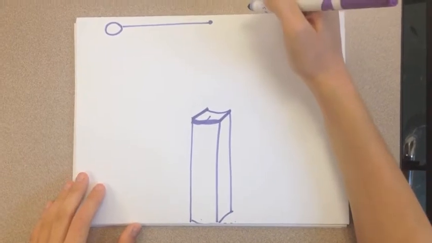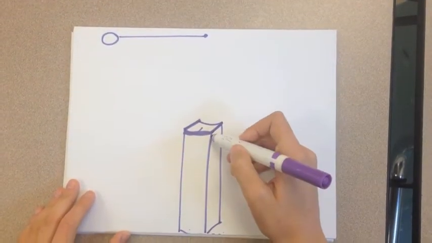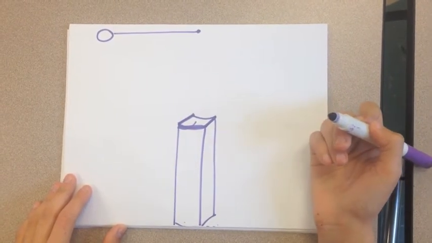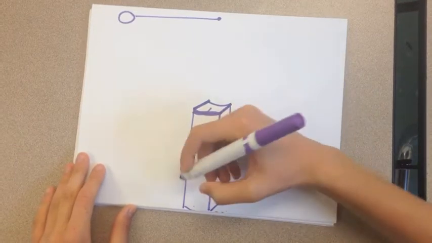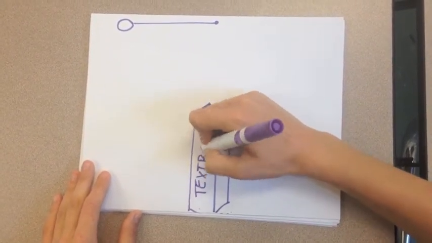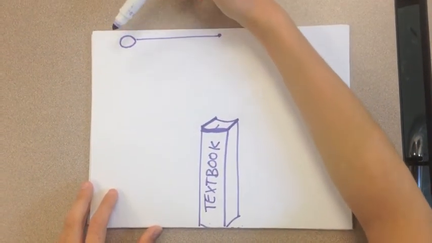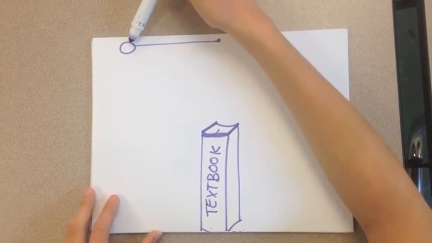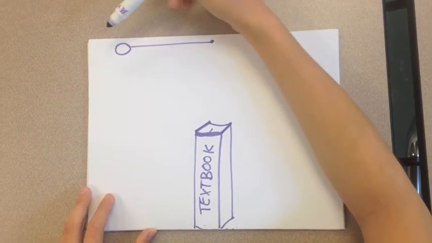In our experiment, we examined the relationship between the mass of a demolition ball and the object that it's knocking over. To recreate this on a very small scale, we used a textbook as our building, or object to be knocked over, and 3 objects of different masses as our demolition ball. Our smallest object was a sock, our next object was a tennis ball, and our heaviest object was a toy